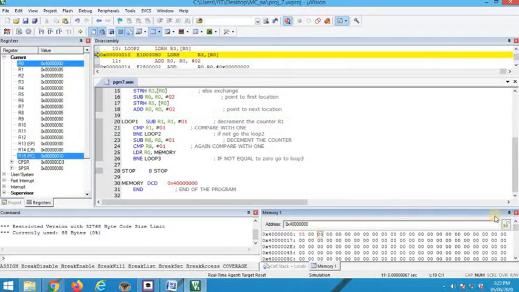So let me store the numbers. 7. I'm storing 16-bit numbers. 4, 5, 2, 6. How many? 5 numbers. 1, 2, 3, 4, 5.